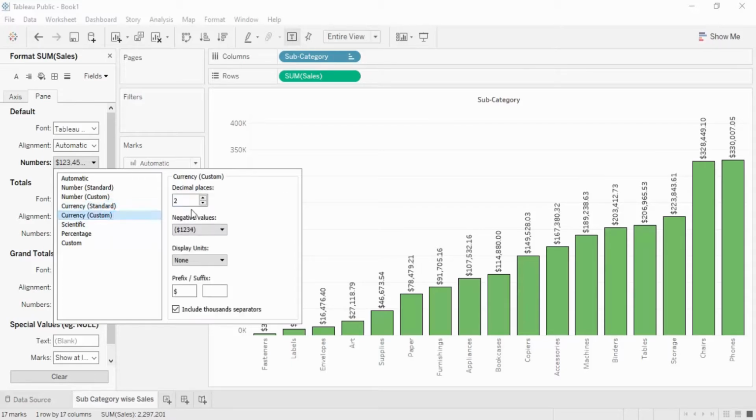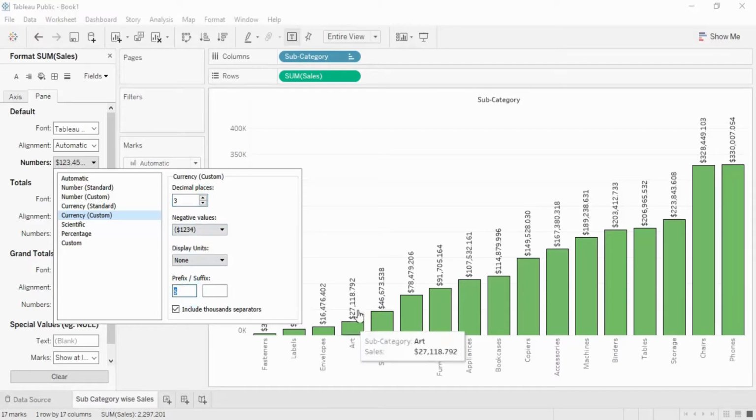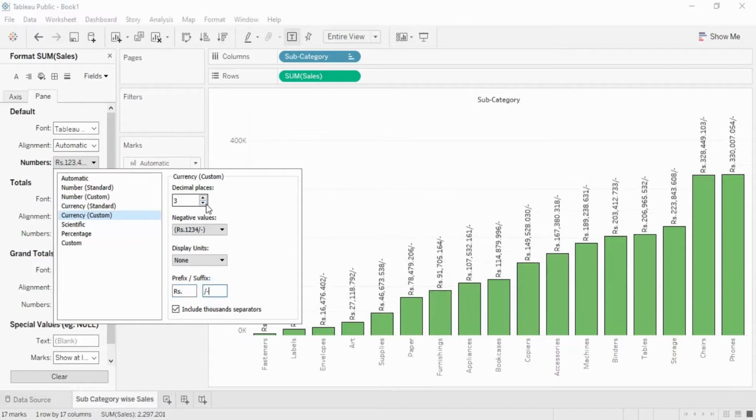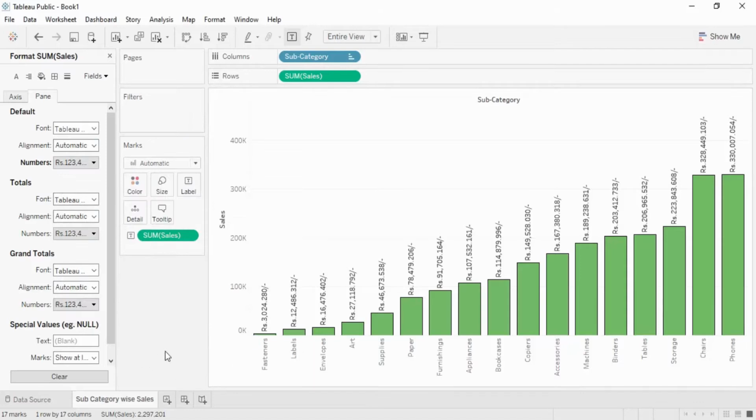However, if you want a custom currency, you can select that, like I want it to 3 decimal places. I don't want any negative values, and instead of dollar, I can get the RS symbol for rupees. Put a dot. If you want a suffix, you can add a suffix like this. So all of this you can do as per your choice. These are the different things available that you can select. Now these formatting options need to be looked at in detail, because there are a lot of things that could be resolved while working with these formatting options alone. So we would be looking at all of them in detail in the upcoming videos.